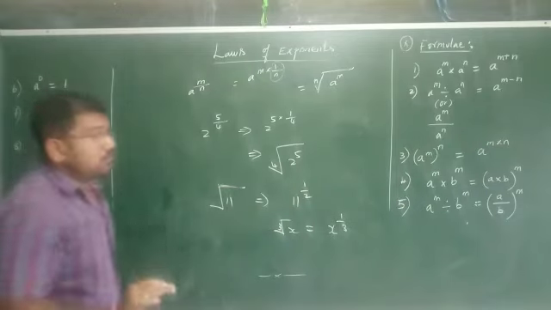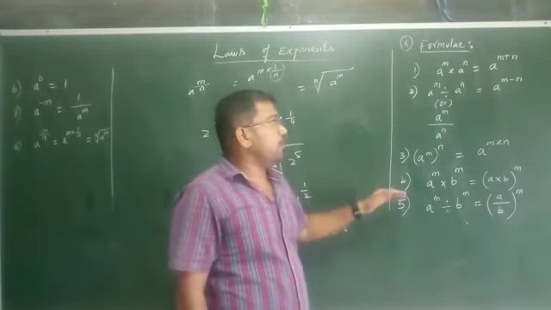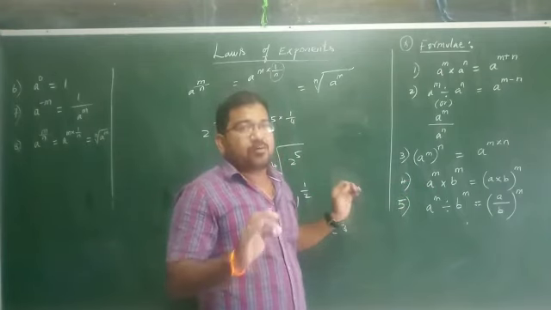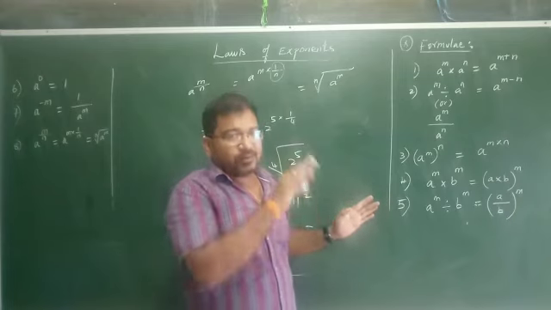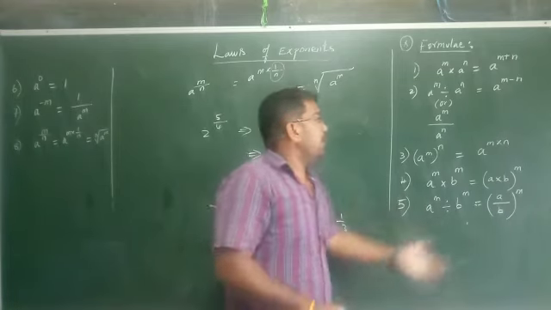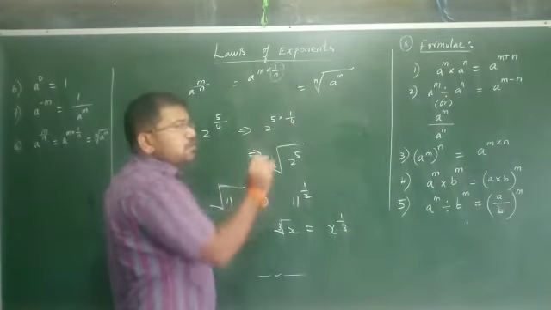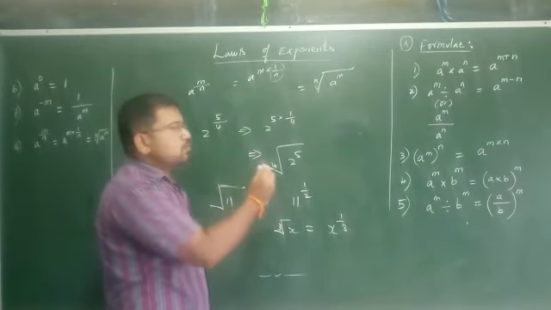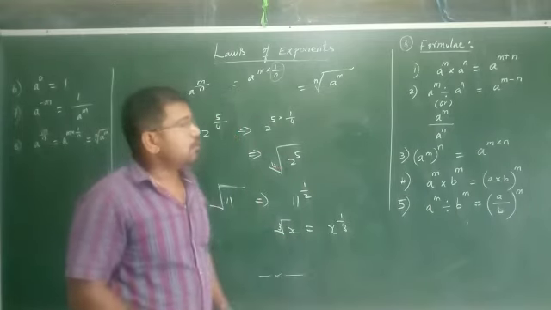Understood? Today's homework is to go through these 8 formulas, all the 8 formulas, and write each formula 5 times. You have to know them thoroughly. This is very important. If you know all these laws of exponents, then when we see a question, we can tell which law is suitable to substitute, and we can simply get the answer like this. This is very important. That's all.